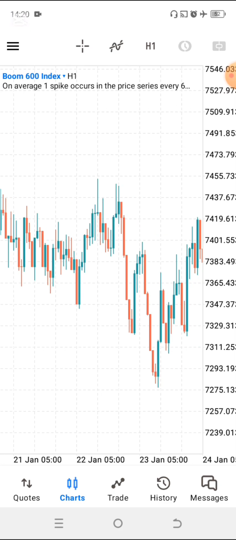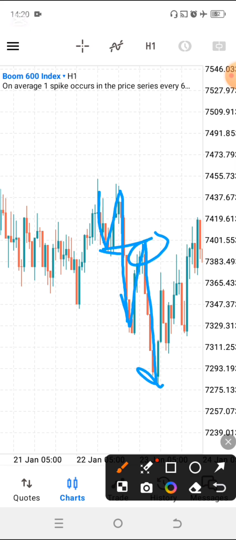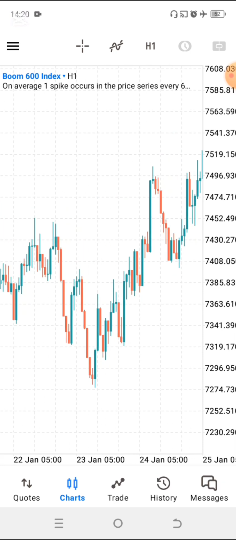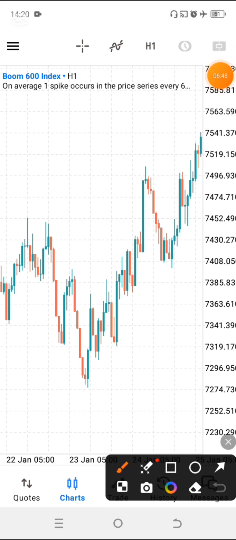So in this case, we can see an example of a zone flip over here. As you can see, it went down, then came back up. This was a support area over here. We broke past that area, came back to that area, and over here we get our entries, and we continued going down. So that's how I like to use support and resistance. As you can see, it works for quite a few examples.